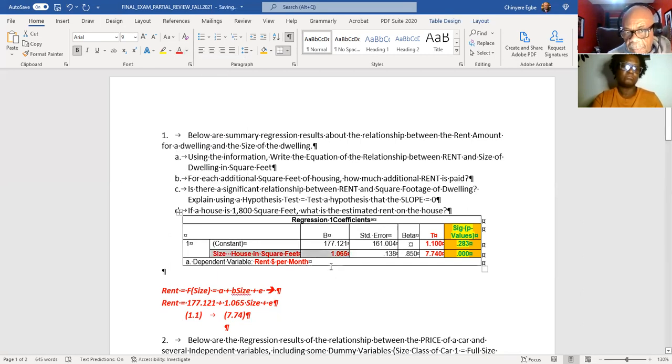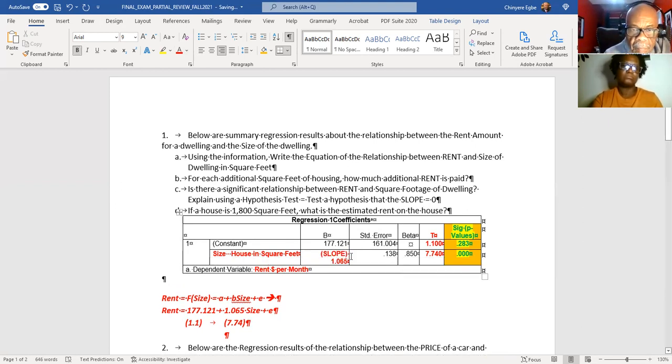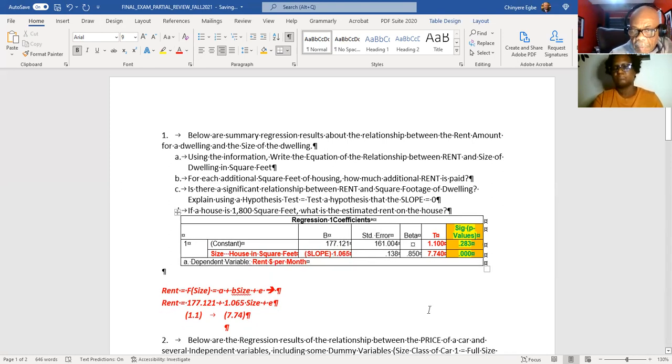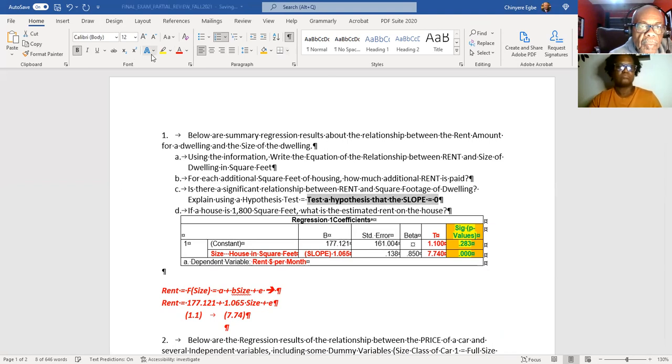That is the slope coefficient. Okay. This is the slope. So for each additional square foot of rent, here you test the hypothesis that the slope is 0. That is what that question is asking for. Okay. You can take this